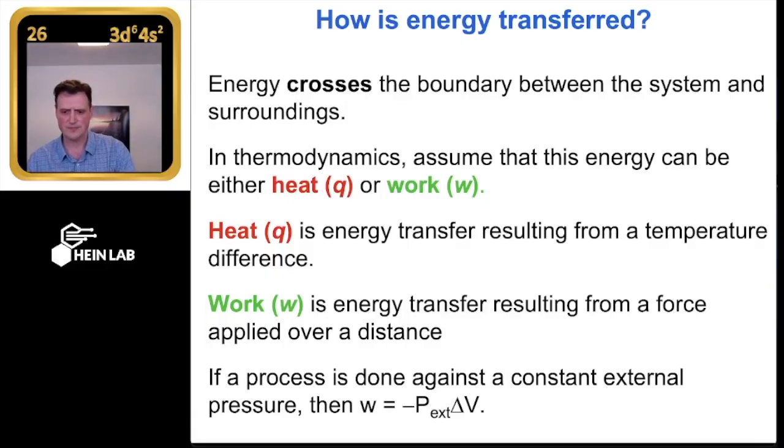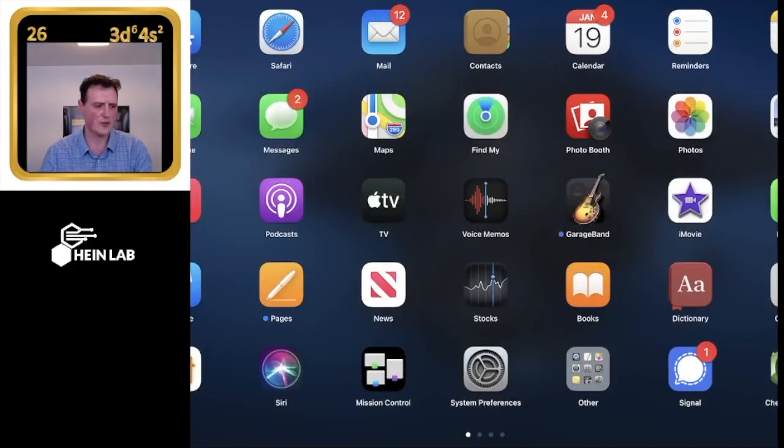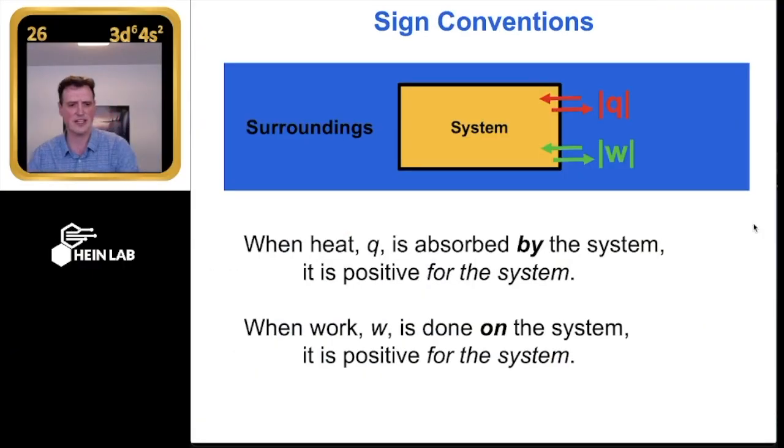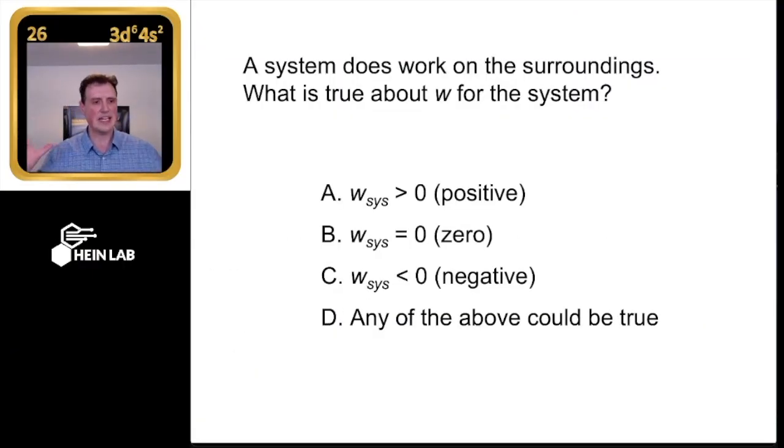Any other questions? This is everything. We're putting it in the context of a balloon just because that's an easy system with an ideal gas we can deal with. But anytime the surroundings does work on the system, we're implying that it is a positive value. Done work on means it's happening to the system. Now again, we're really going to talk about this in the context of gases because delta V is easy to calculate there because we have a nice constant external pressure. When we get to liquids, it gets a little bit more weird because they're a lot less squishy. Delta V's are harder there. We have to deal with chemical reactions to talk about that more.